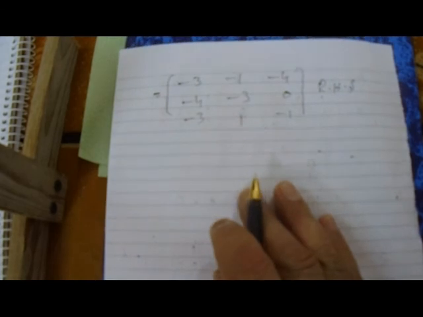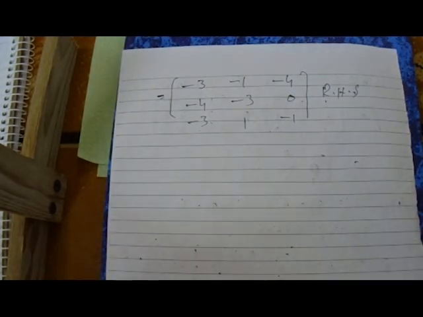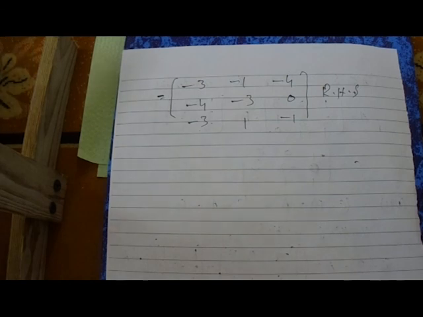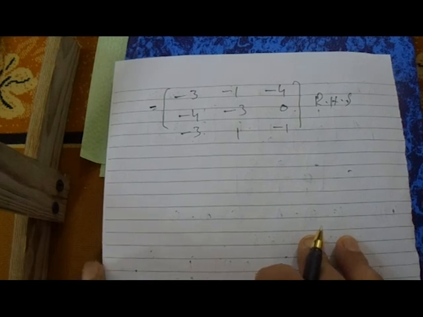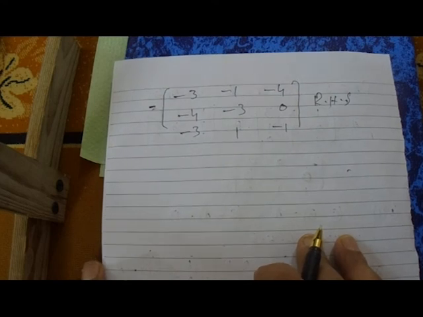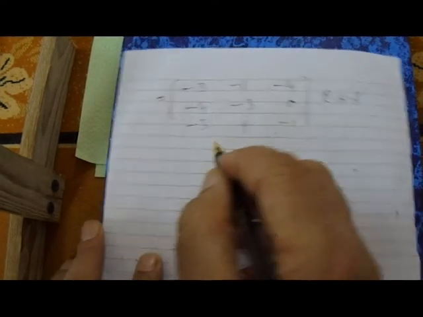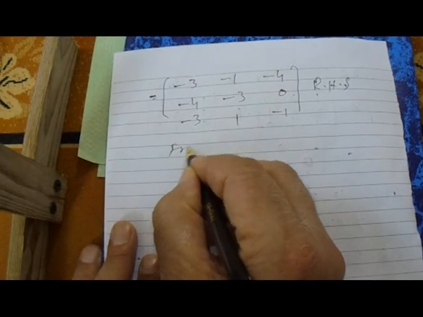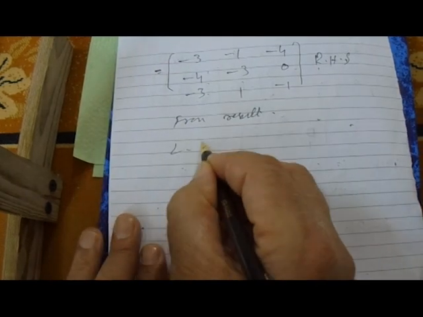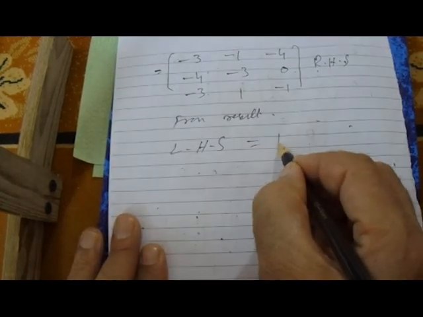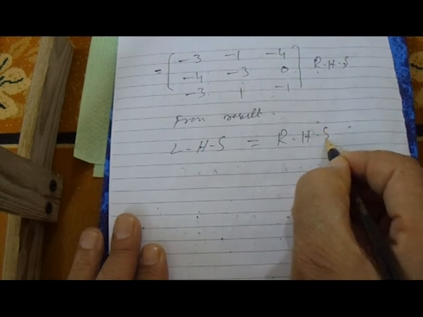Now we solve. We see the right hand side is equal to minus 3, minus 1, minus 4, minus 4, minus 3, 0, and again minus 3, 1, minus 3. Now by the result we write here left hand side is equal to right hand side. Now the question number we start is